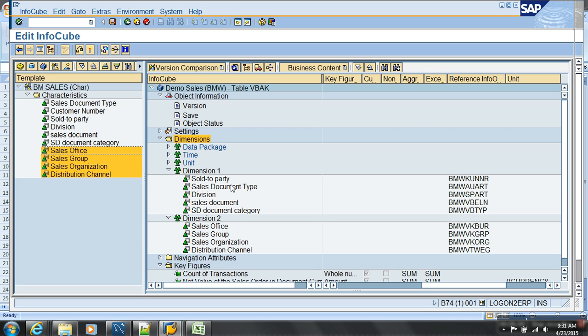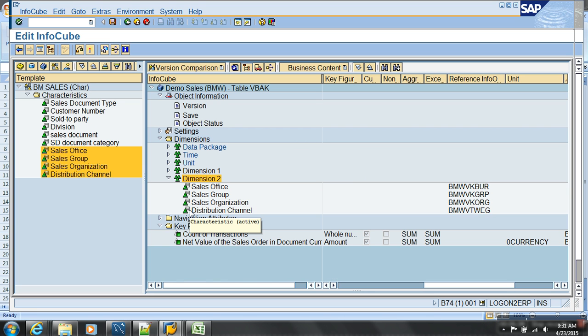So the normal characteristics, what we need, we have to put them into what? The user custom dimensions. And that's it. This is defining the cube. You specify what keywords you want, characteristics to the dimensions, time characteristics to the time dimension, and then activate. My cube is ready.